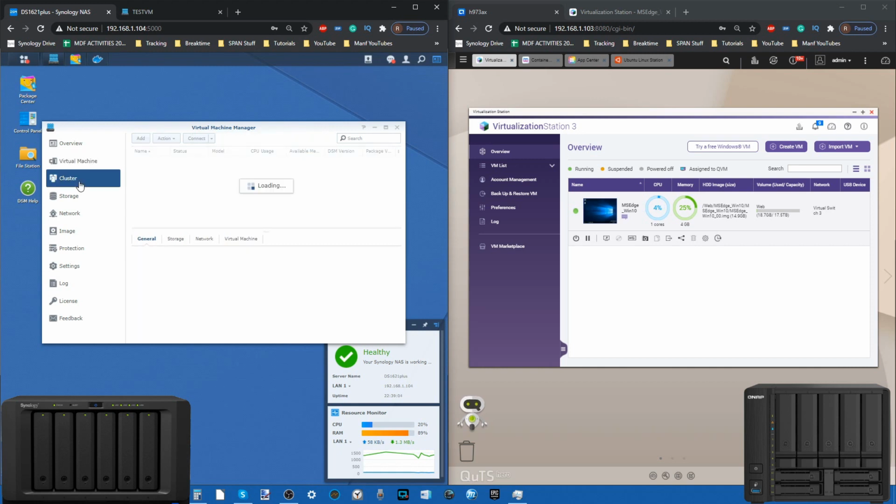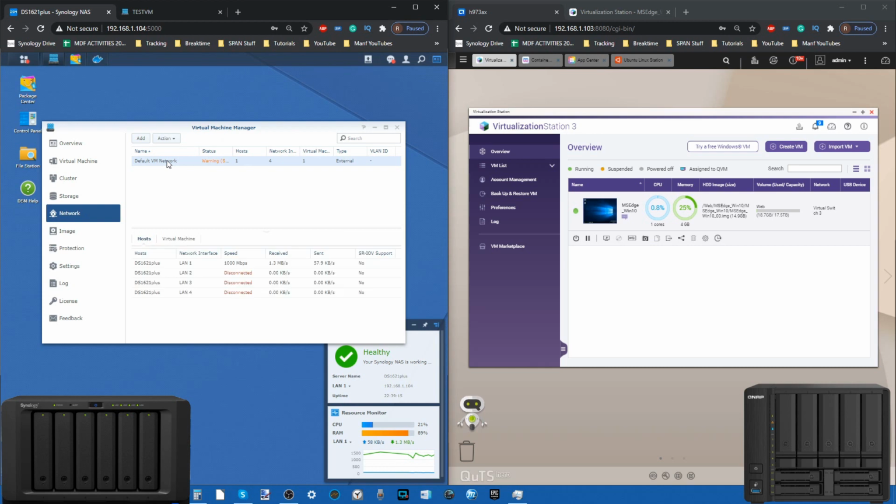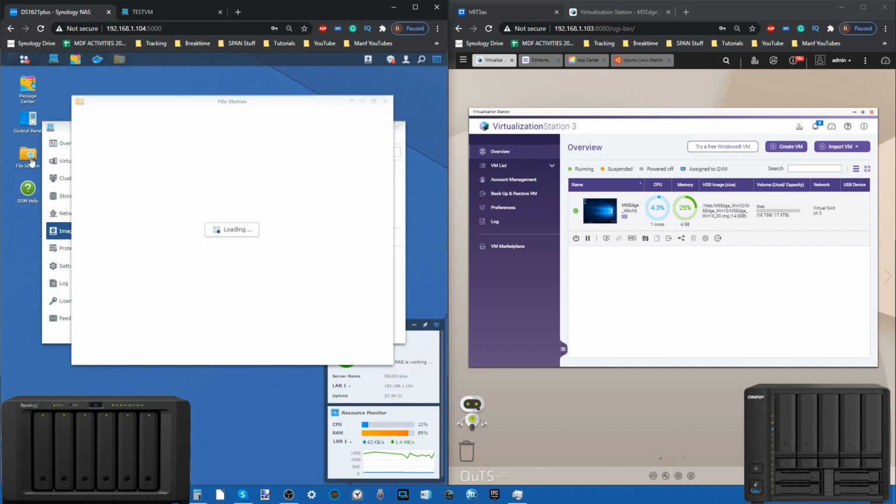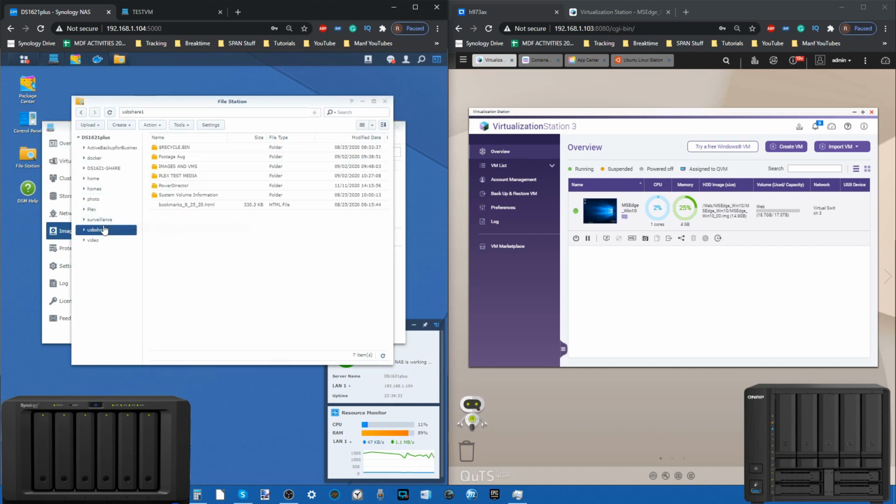And on the side, we've got all of the options for adding storage clusters for our VMs to live on, storage management as well as configuring the network or creating sub-virtual networks for our VMs to run on in conjunction with our existing VM network, upload existing images, backups or ISOs of existing VMs that you've got from third parties such as Windows Evaluation website, or if you've created VM images previously, which is what I've done on a USB share here. When we go into the VMs images here, we've got different VMs that we run here